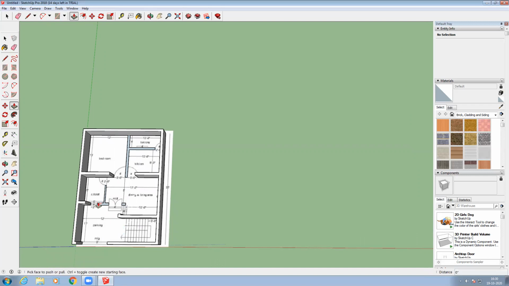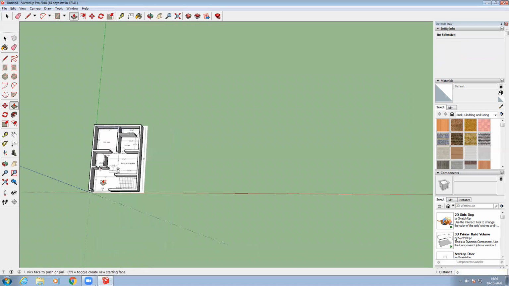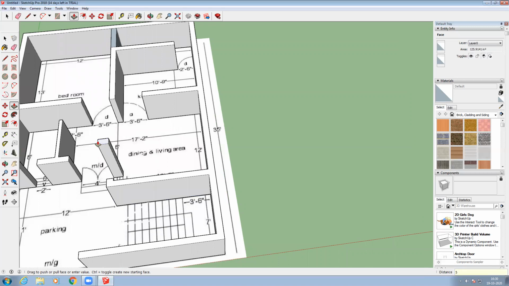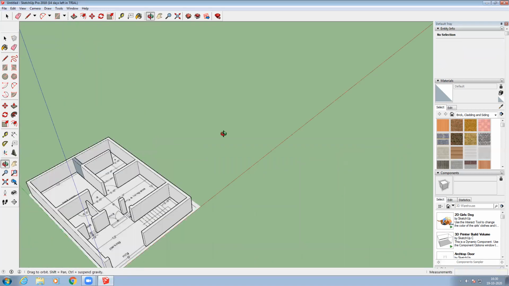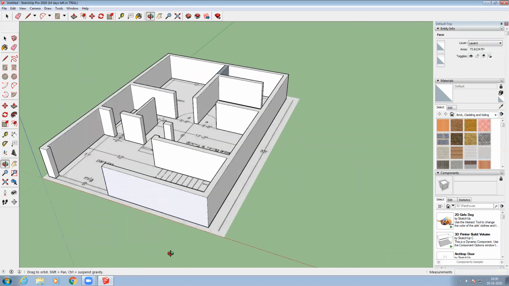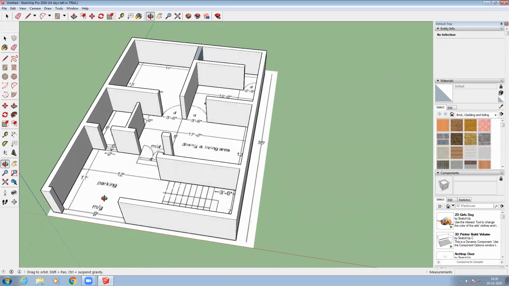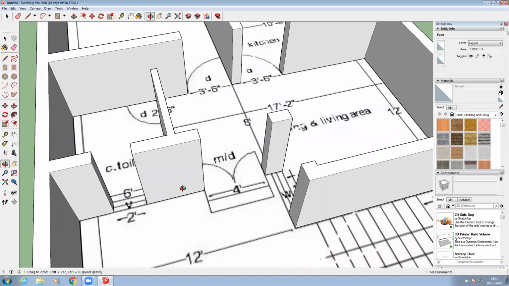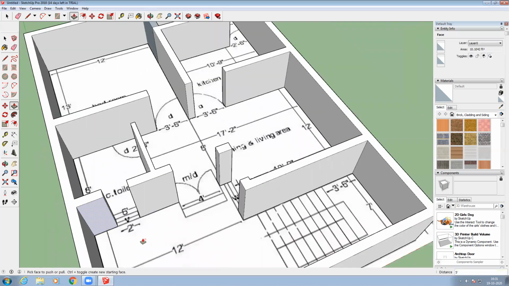So I just want to take it as 5 feet, and again this one as 5 feet, and again this one as 5 feet, and here one smaller is there, this one. Okay, done, right? So now I want to draw the window, right? So here the drawing wherever I had shown, it is not showing any window now, right? So what I have to do is, your ventilator also had not been taken. Okay, that also I can take.